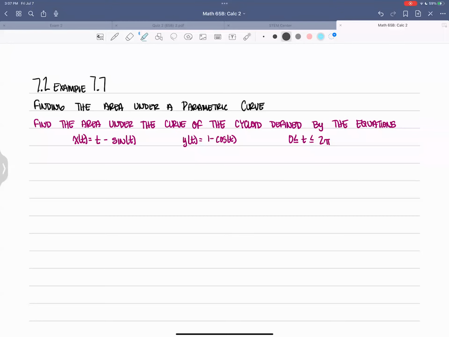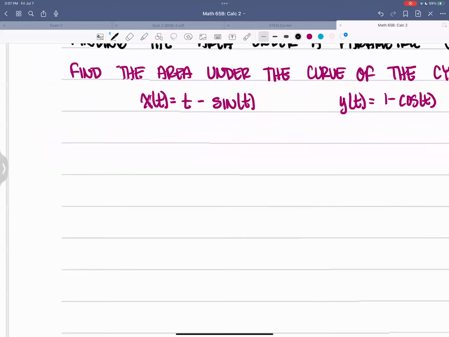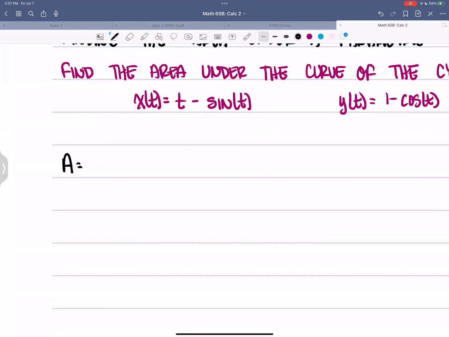Section 7.2, example 7, finding the area under the parametric curve. To find the area under the parametric curve of the cycloid defined by the equations below. All right, so this is actually a bit easier than it sounds because all we have is an equation or a formula. So the area under the curve